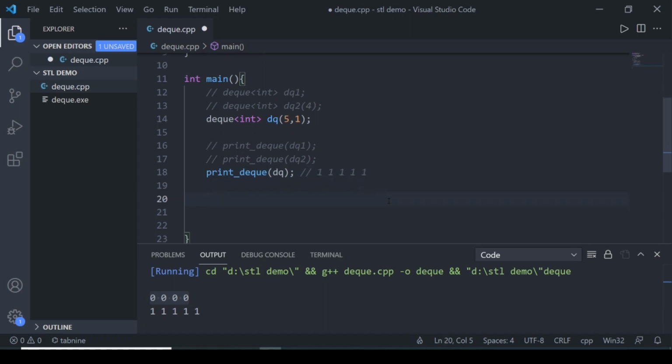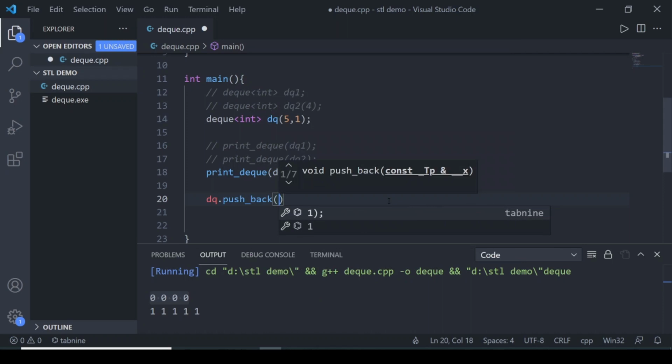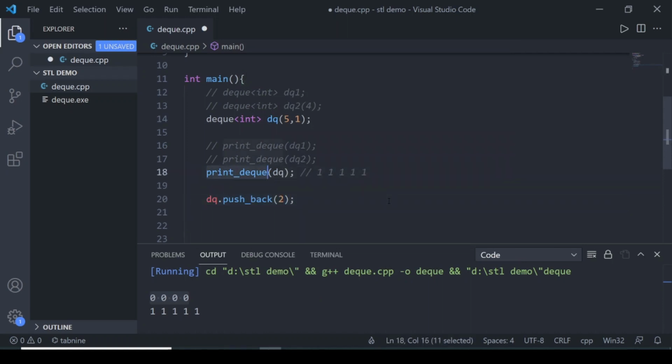Okay, so pushing the elements on the back, that means we want to add an element to the end. What we can do is simply push back an element. Let's say we need to push back 2. Now let's see what the elements of the deque are.